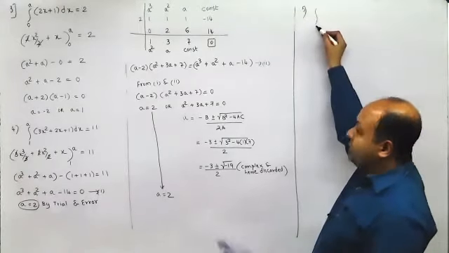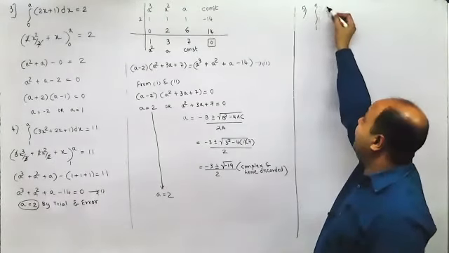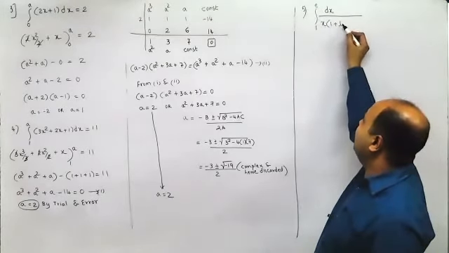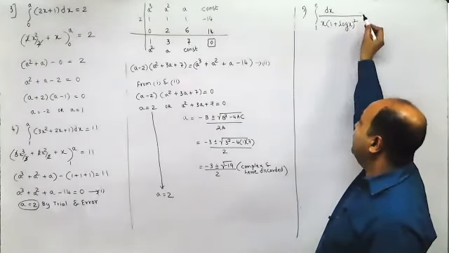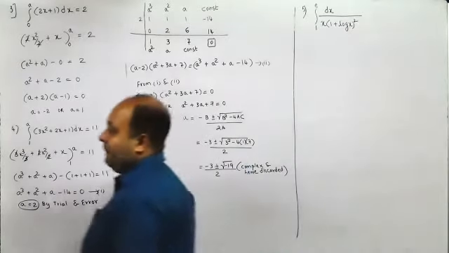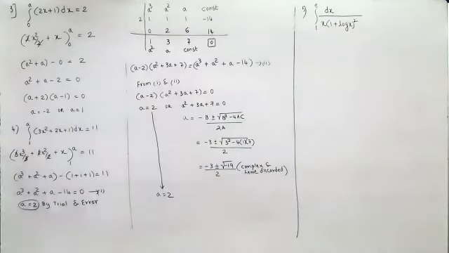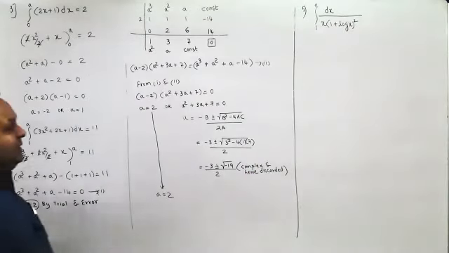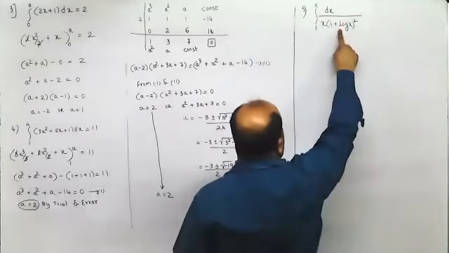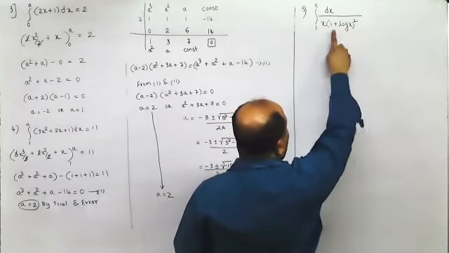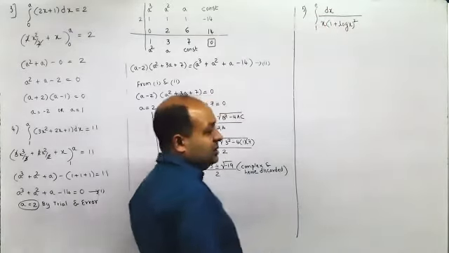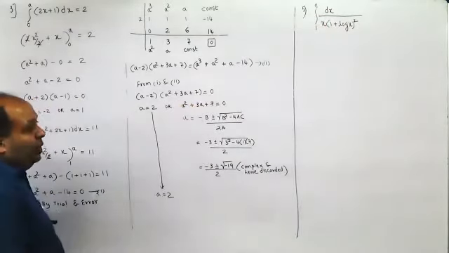Now, coming to the substitution type of problems, integral 1 to e dx upon x into 1 plus log x the whole square. Here, there are two ways to solve these kind of problems. One is you can divide the numerator and denominator by 1 plus log x the whole square. Why am I doing that? Derivative of 1 plus log x is 1 upon x. I can directly substitute this. So that is one way to go about it.